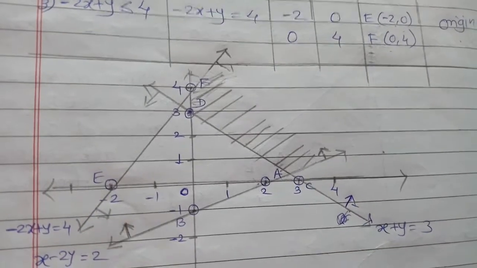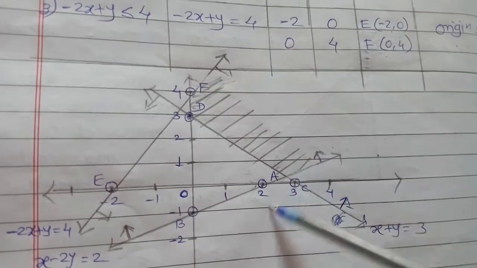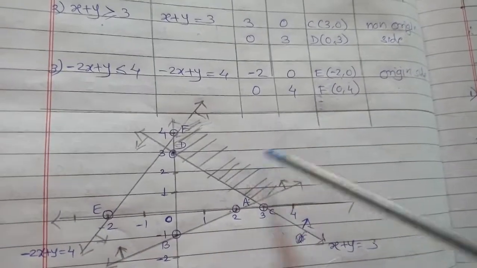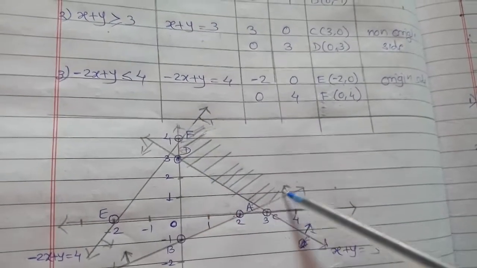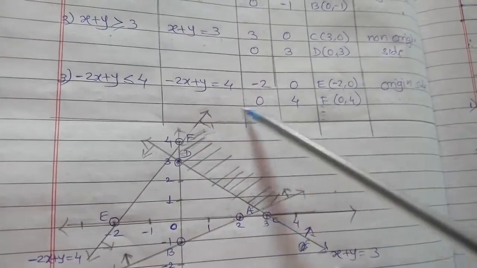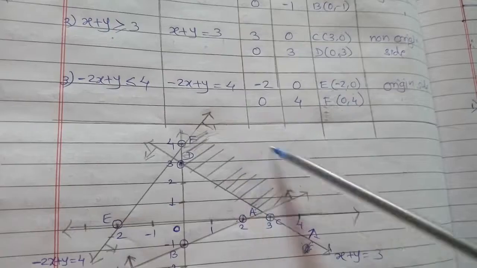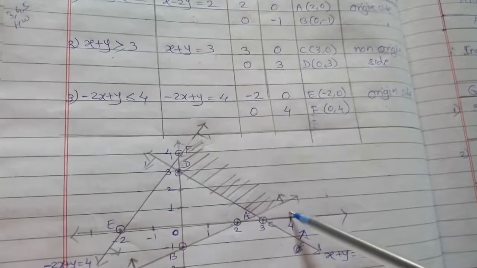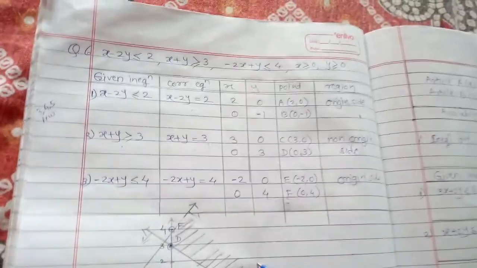Now we start to draw the arrows. Here we draw the arrows like this one. For this line we draw the arrow like this one. Sorry, it is the non-origin side, so this way. And for this line the arrow is this way. The common part of these lines is this part. So we draw only for this part. I draw the line here. There is no feasible region where there is no common point. So we draw like this, and this is the feasible region of these inequations.